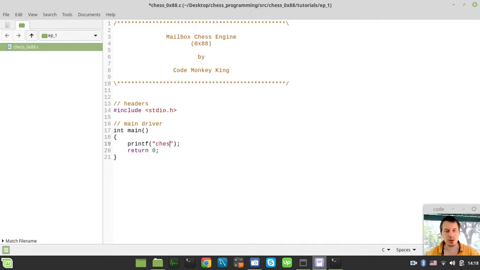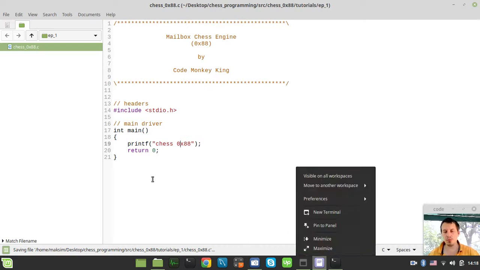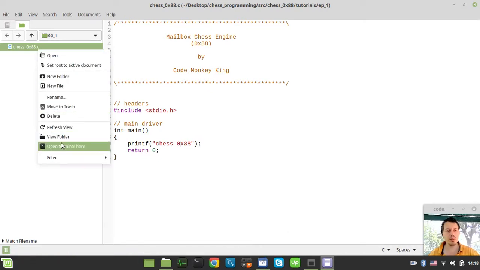So let's say chess and hexadecimal 88. By the way, the hexadecimal 88 stands for the board representation type that we're supposed to be using within this chess program, so I'll cover this in a moment. But first, let me open the terminal in the current working directory right over here, and